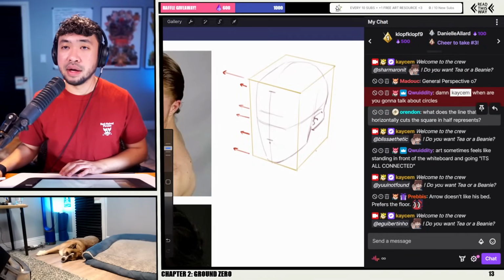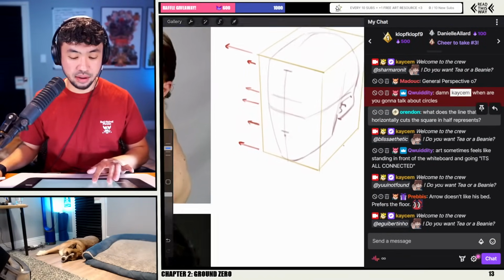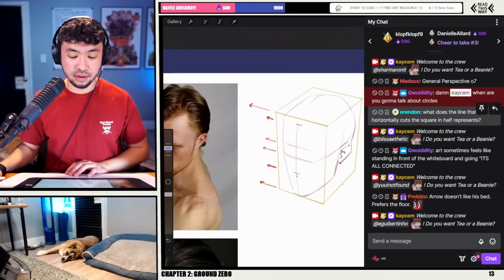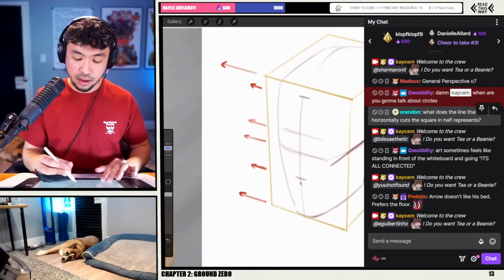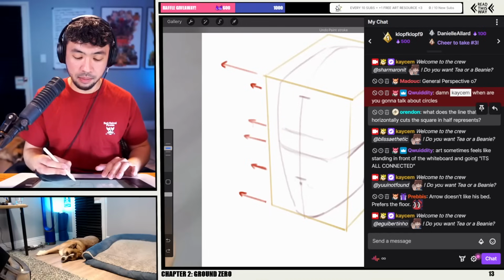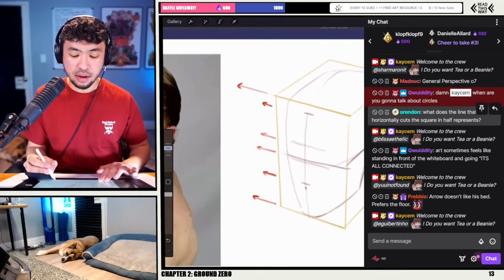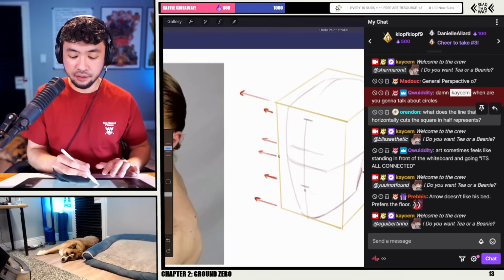What does the line that horizontally cuts the square in half represent? Oh, do you mean this one right here? If this is what you're referring to, this line right here that cuts the square in half, that's just where